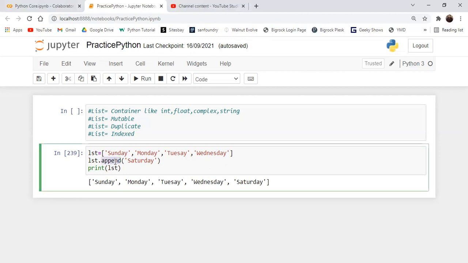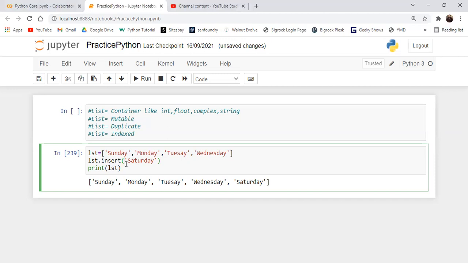You just need to call the insert method. You just need to pass two arguments. The first one will be your index position where to insert your element, and the second argument is your element name, right? Suppose that I want to add the element after the Monday, that will be the second index position,